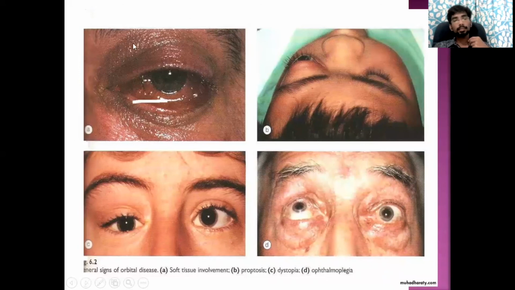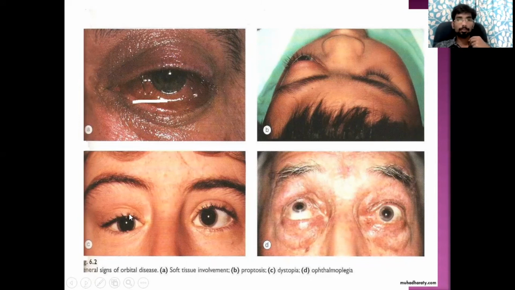Clinical significance of anatomy of the orbit is based on the orbital structures' orientation. Suppose we see any proptosis with chemosis, usually if it is unilateral, we have to suspect orbital cellulitis. If it is bilateral, we have to suspect thyroid eye disease. In this case, there is gross proptosis.